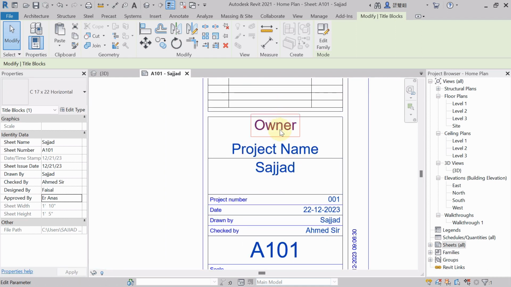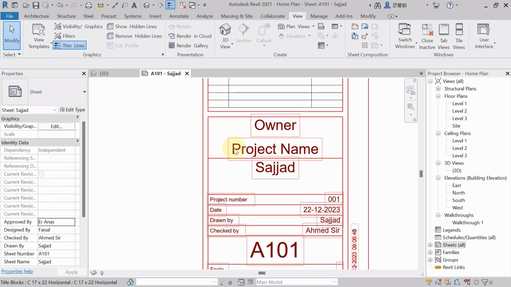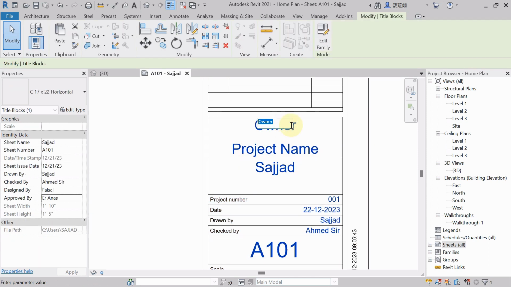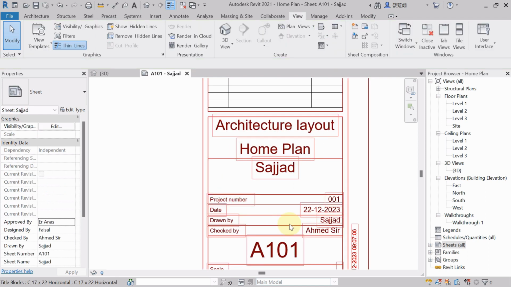Suppose from here you want to write down the owner name. Suppose you don't want that owner name, so you can write anything. Suppose in place of the project name owner I am writing here, this is our architecture drawing, so I am writing architecture layout. Enter. See, now the project name is architecture layout. This is our home plan, so I'm writing home plan or house plan, whatever. Enter. See, in this way you can